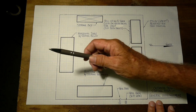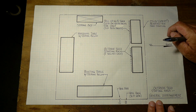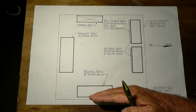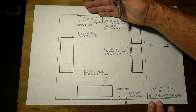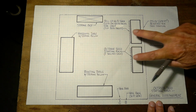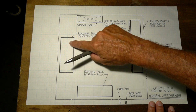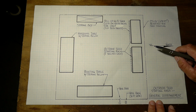This area here is facing the sun, so when I put them on the hardening table, they get that good morning sun. And I put the planting table over here because it's not sun dependent, so I don't need to worry about where it's at or the storage box. But these two needed to be facing the south sun, so that's why I have them oriented the way I do. And we can take a ride. We'll jump on the Kubota and take a ride out there and